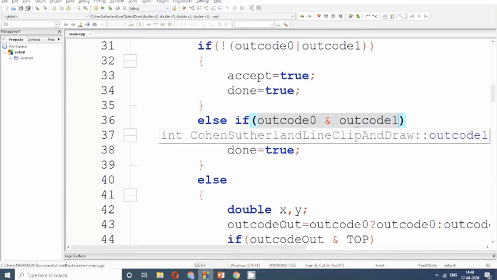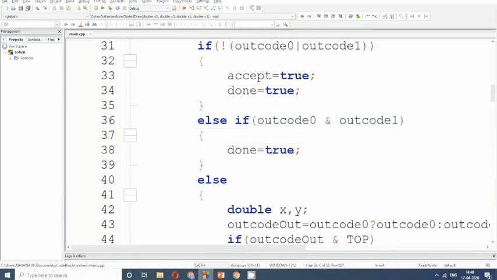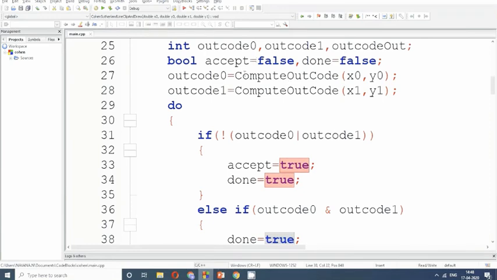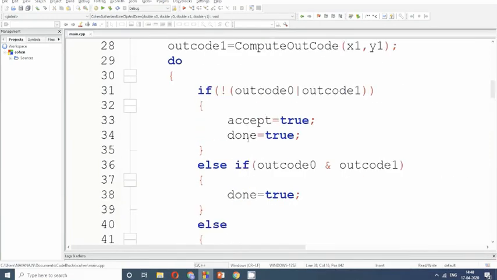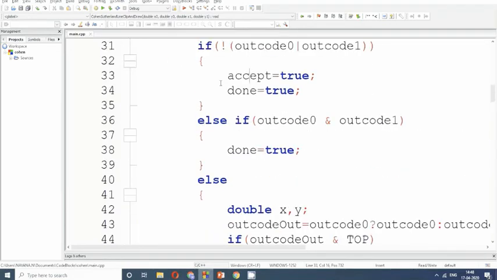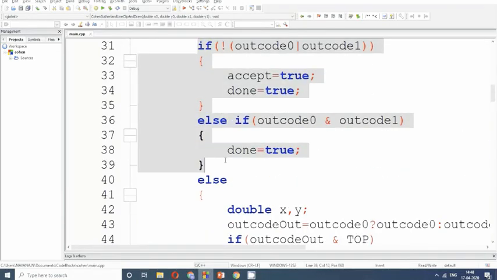I should not accept it, I should reject it, not write it in my output, and I should stop my algorithm. To stop my algorithm, I have just set done equal to true. I don't have to set accept equal to false, because the default value of accept is already false. So these two will stop the algorithm, and accept tells us whether to give the output or not.